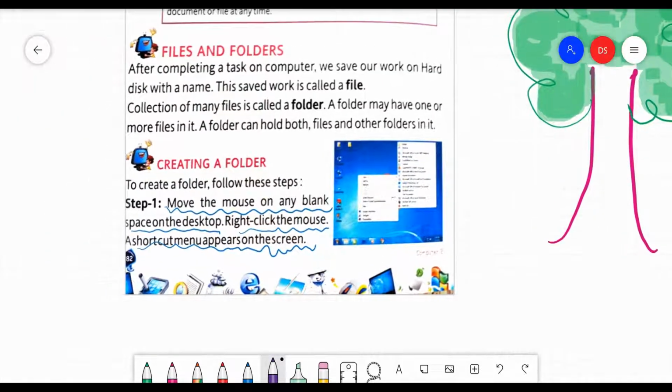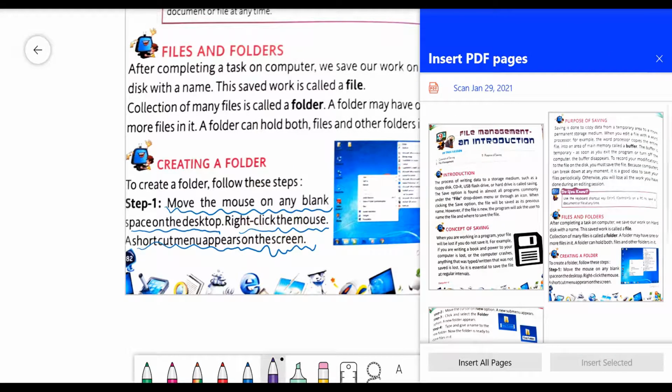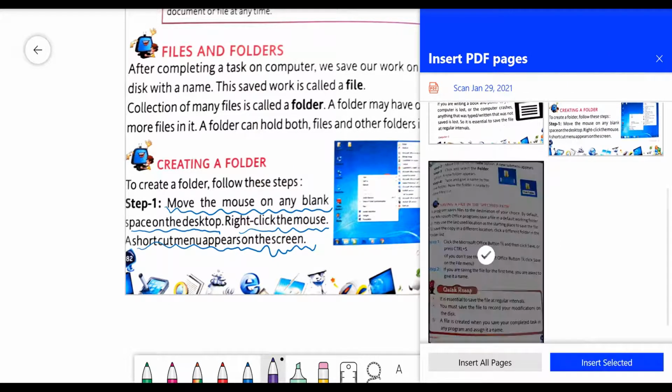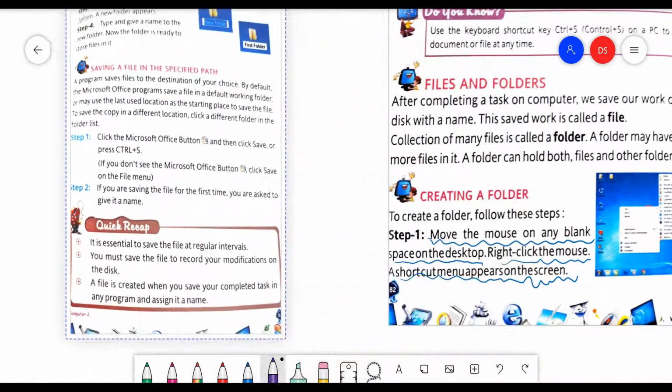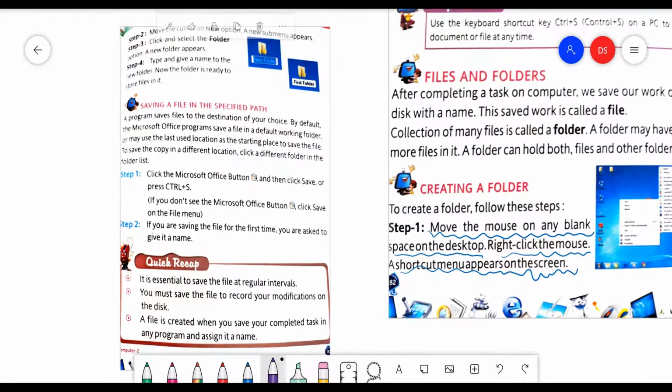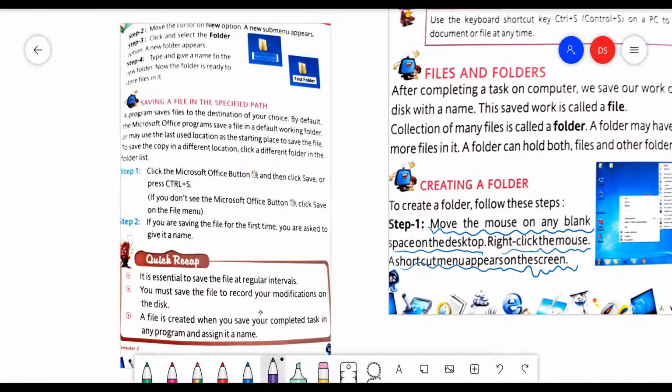Now Step 3. Click and select the Folder option. A new folder appears. Children, there are simple steps to create a folder on the desktop.